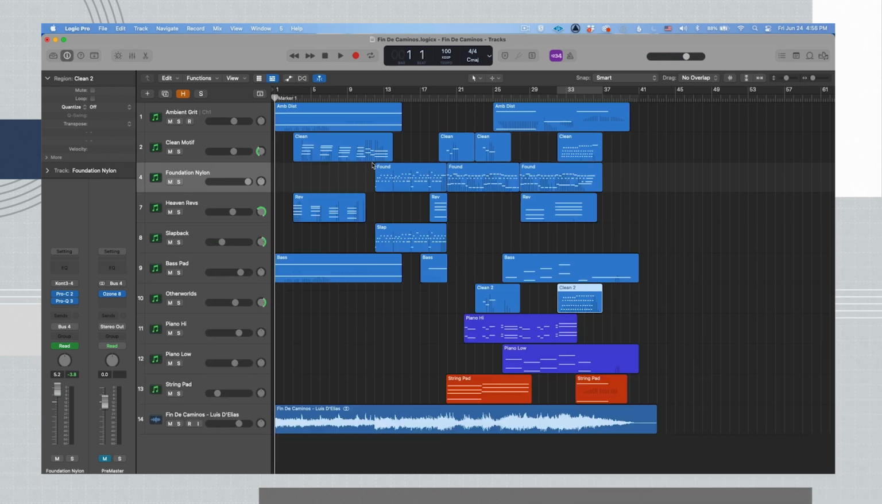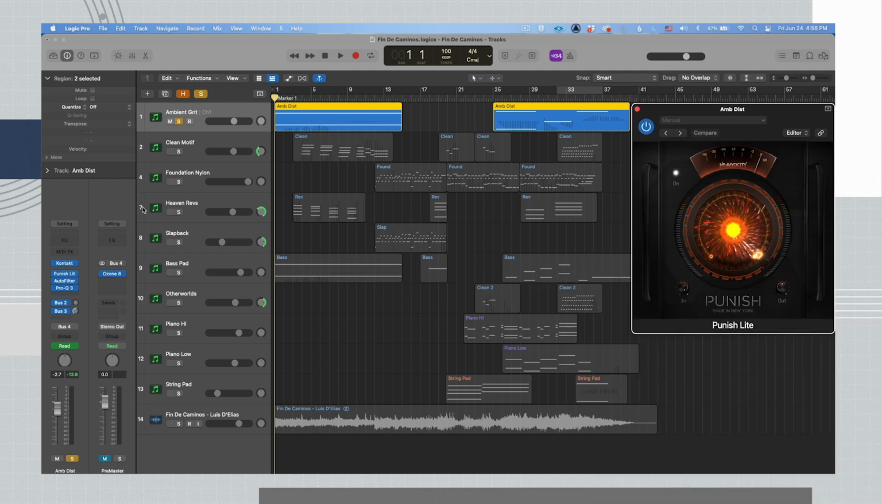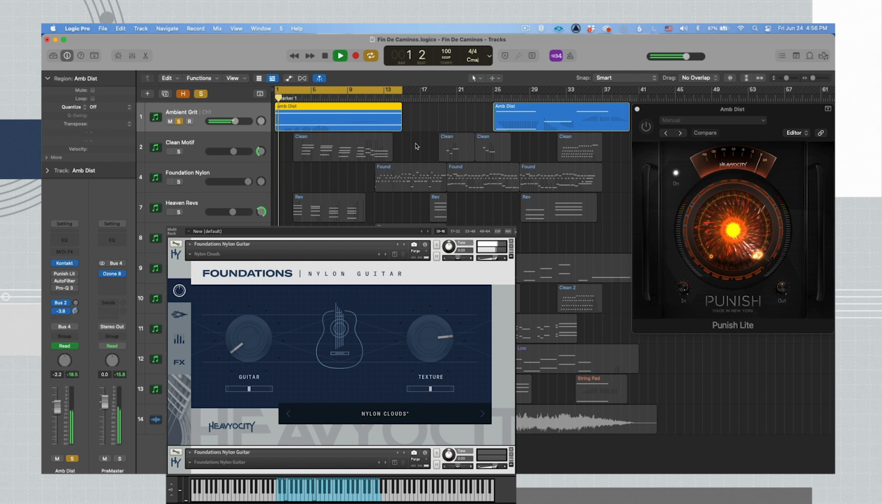First thing that I wanted was a big open pad to start things up. So using the Nylon Clouds patch, which features mostly the textures, and adding some Punish, I was able to create a very gnarly sweeping pad. Let's see how it sounds without the effects. If we add Punish,